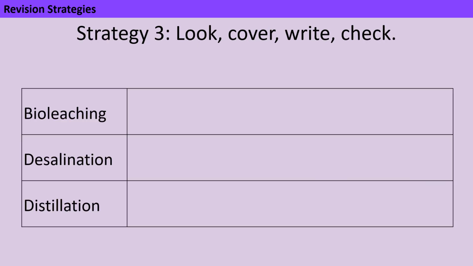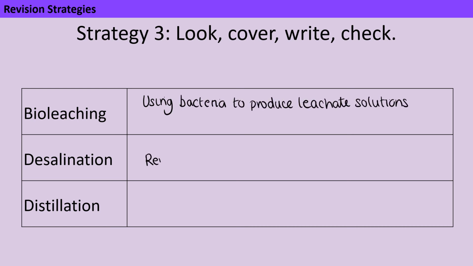One more strategy that is good for this kind of closed, repetitive practice, particularly where you do have a really precise definition that you need to learn word for word, is one that you probably used in primary school for learning spellings. Look, cover, write, check. So you have your list of definitions which you look at and you read through, and then you cover it up and you try to reproduce the definitions, and then you check your work. So say maybe we've written a little definition for each of these 3 words,